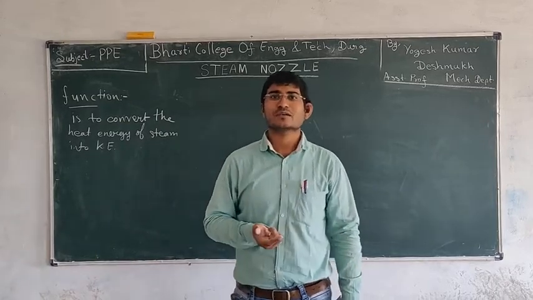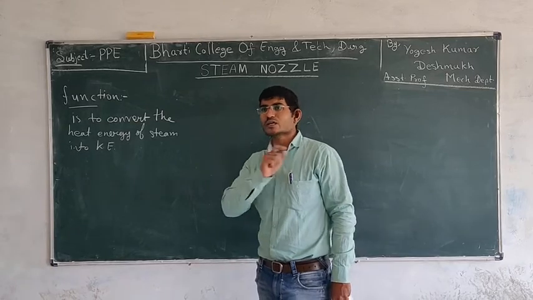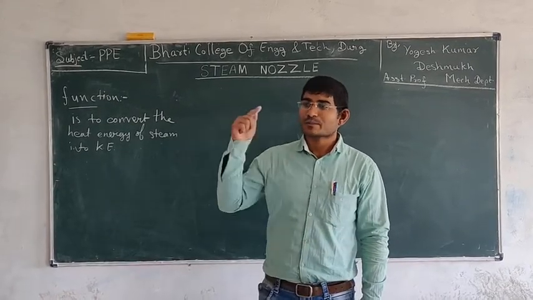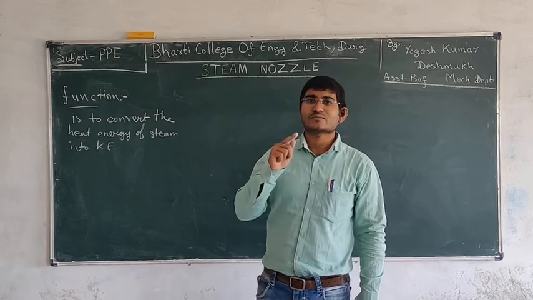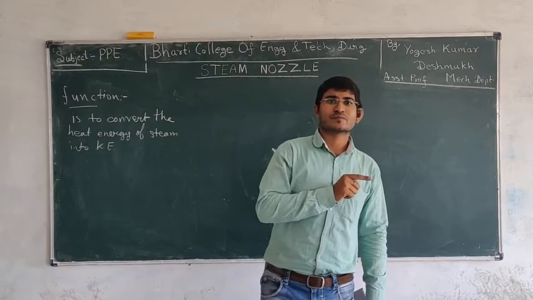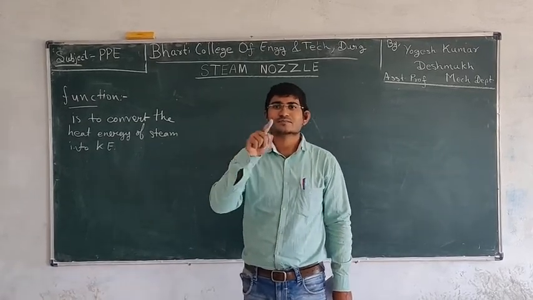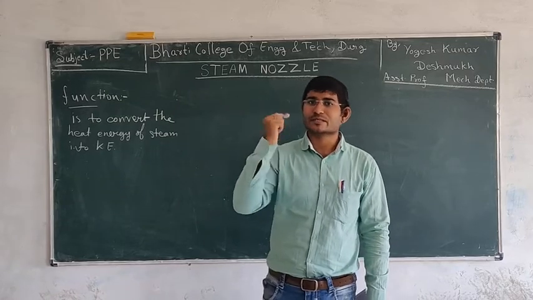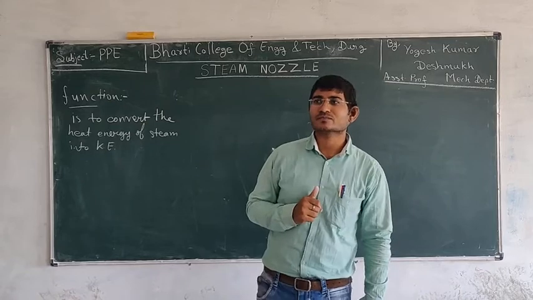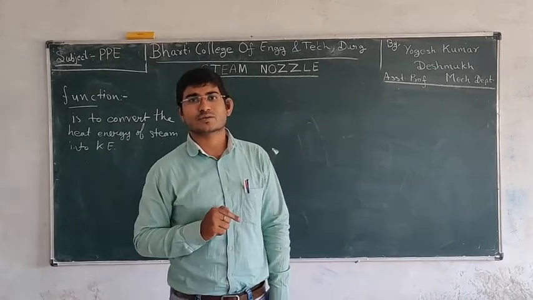And how is it helpful in your turbine? If we introduce a nozzle at the outlet of the steam before it enters the turbine blades, the pressure of the steam will be more and the velocity will be more. It will impact the turbine blades more, and hence the turbine blade working will be increased. Hence the use of a nozzle is more effective in a steam turbine power plant.